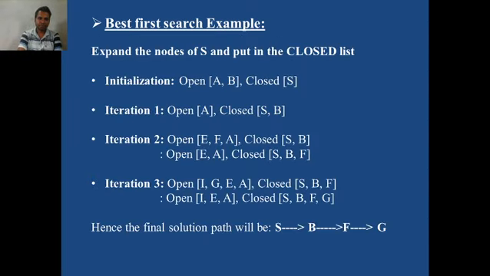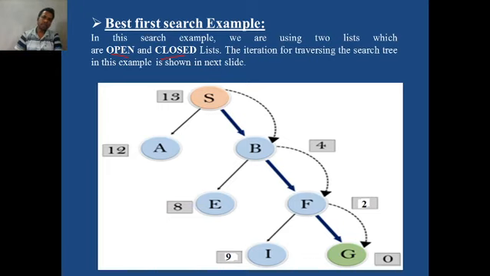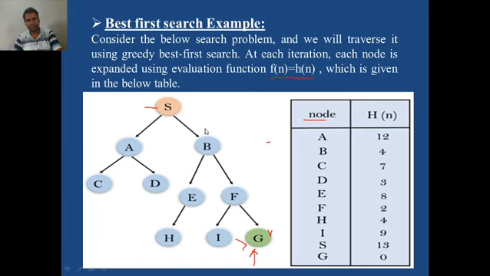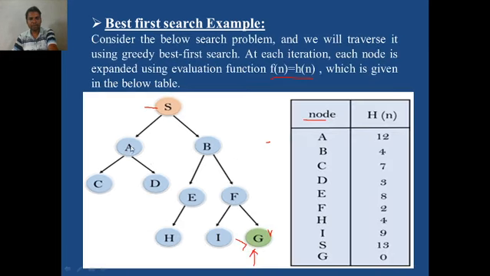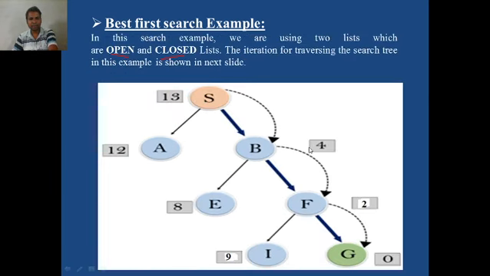For example, what exactly does the open list contain? Open list contains the nodes which are not required to be expanded or explored, and the closed list contains all those nodes which are already traversed based on the heuristic cost. For example, what is the heuristic cost of node S? It is 13. So 13 is written here. What is the heuristic cost of A and heuristic cost of B? It is 12 and 4 respectively. So 12 and 4 are written here.